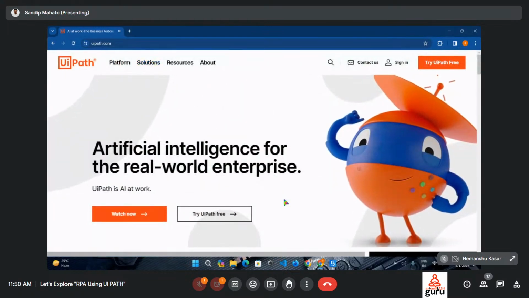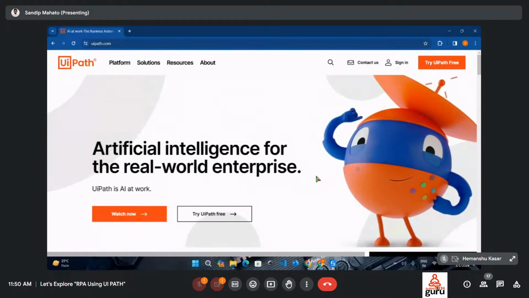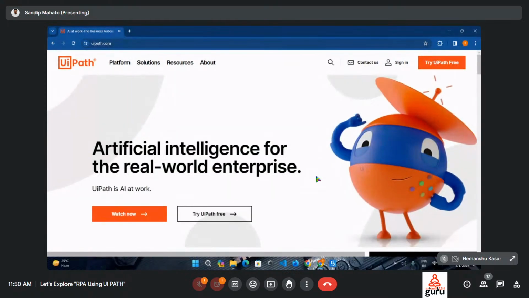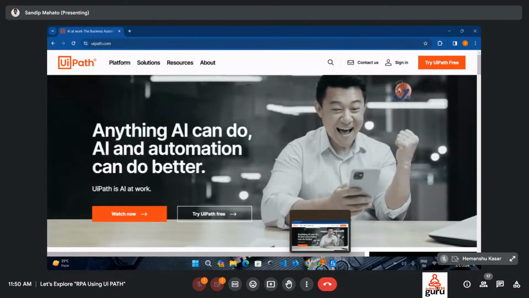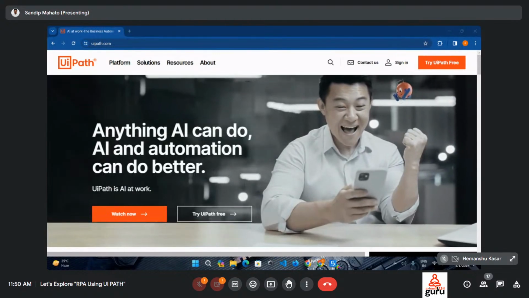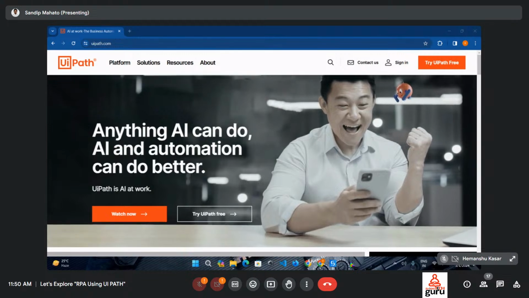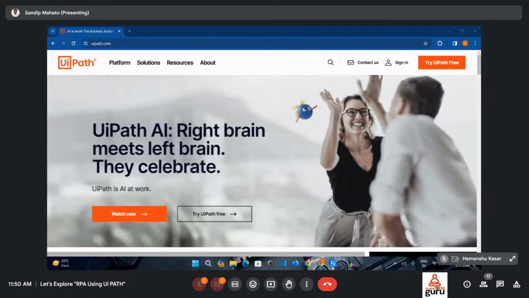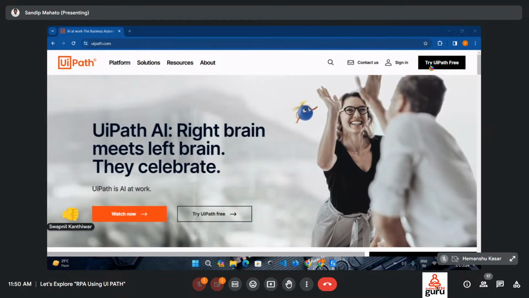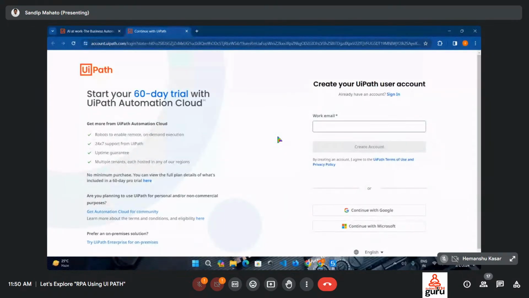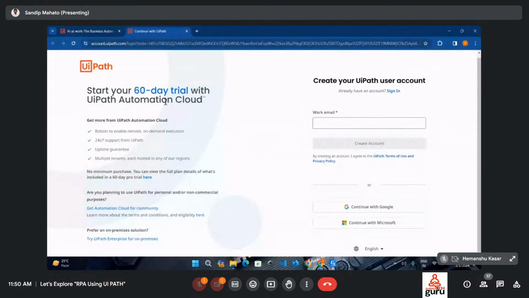I will demonstrate how we can create a robot by using the UiPath tool. So let's go ahead. For that, we have to create an account in UiPath. So for that, you have to simply click on try UiPath. Here you can start with a 60-day trial, or you can download the community version. So let's click on the community version